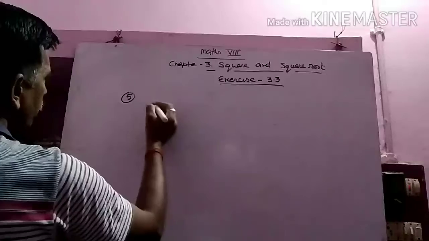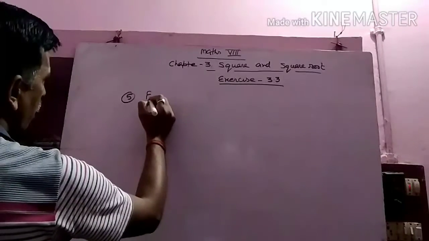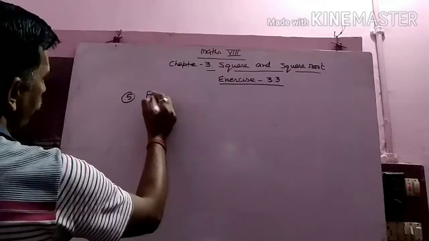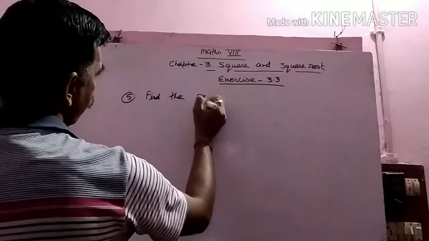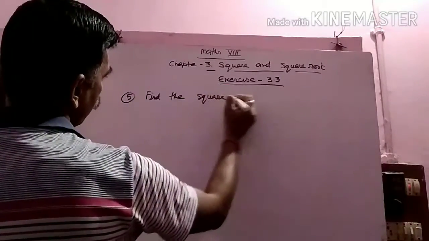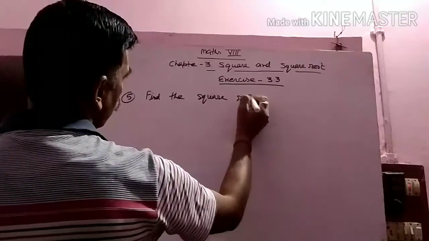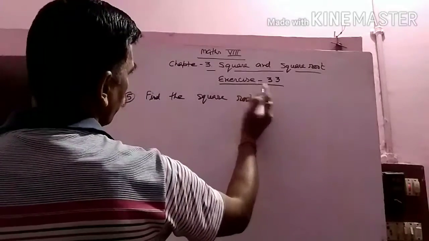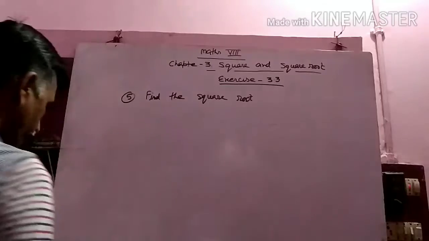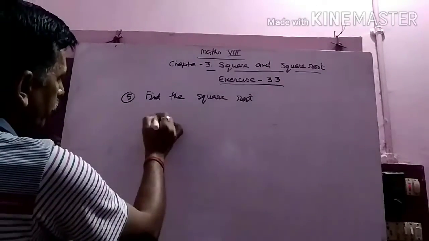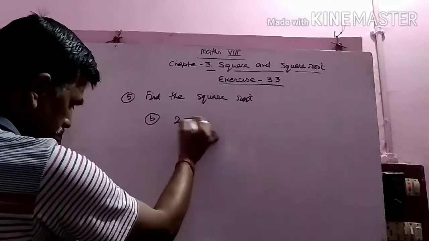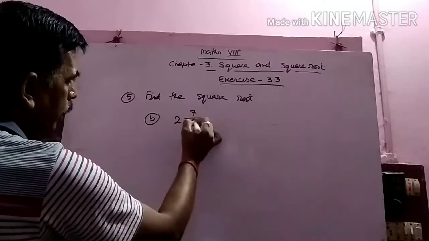Question number 5. Same, find the square root, or we have to get the value of it. As given, the number is given. Question number B. It is written as a mixed fraction, 7 by 9,